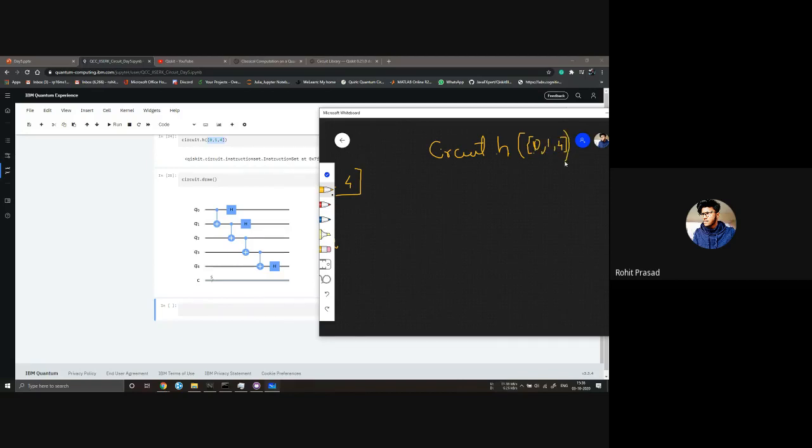What this means is I want to implement an H gate on the circuit, and I want it implemented on the elements of this array, 0 comma 1 comma 4.